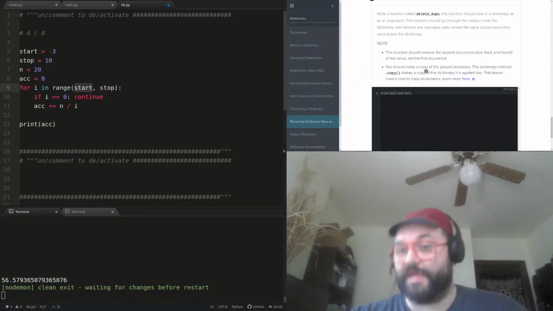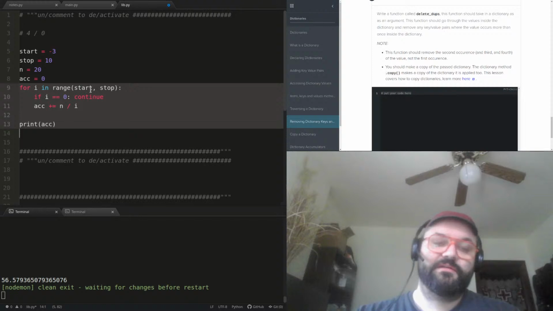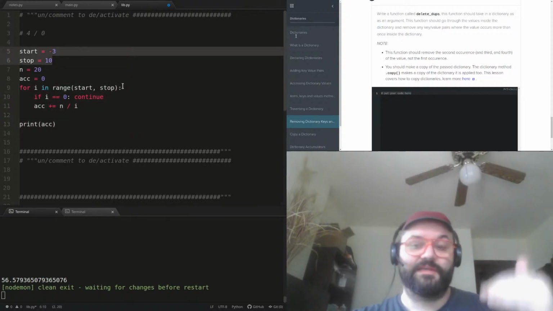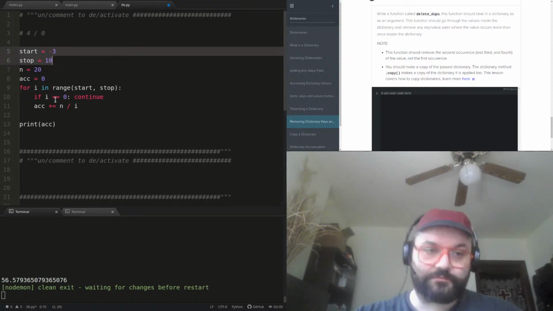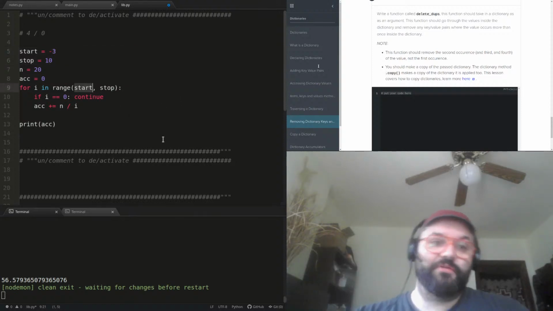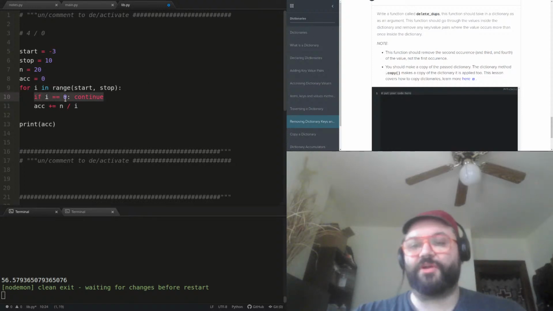That's the preferable case. But if I can't do that, and let's say this for loop is governed by a start and a stop where the start may be a negative number, so I might end up including 0 in some way, I have to find a different way because I can't just omit the 0 from the get-go. So I have to omit the 0 in the loop somehow. This is what I mean about control flow. This is the example I was giving about control flow.